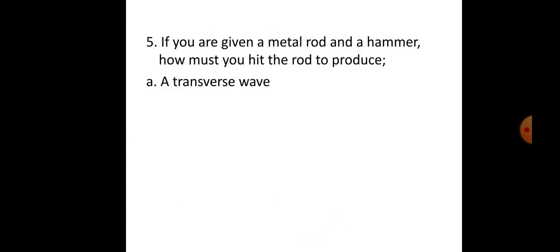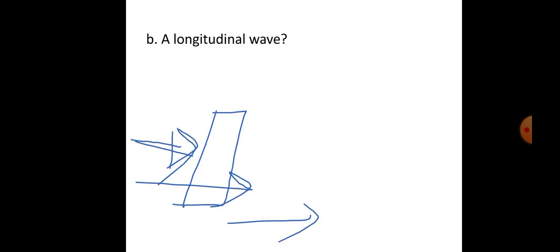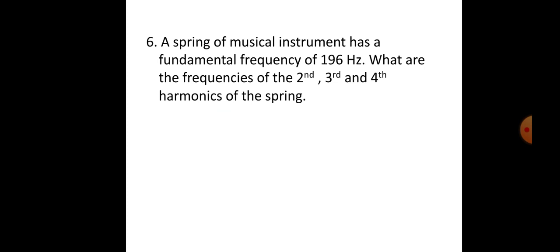Next, question number 6. A string of a musical instrument has a fundamental frequency of 196 Hz. What are the frequencies of the second, third and fourth harmonics of the string? The fundamental frequency is given, that is 196. The second, third and fourth harmonics of the string are required. So to determine this,